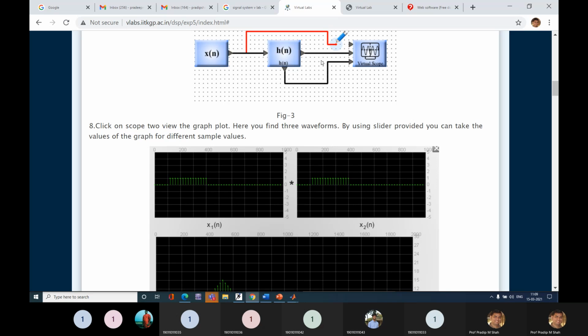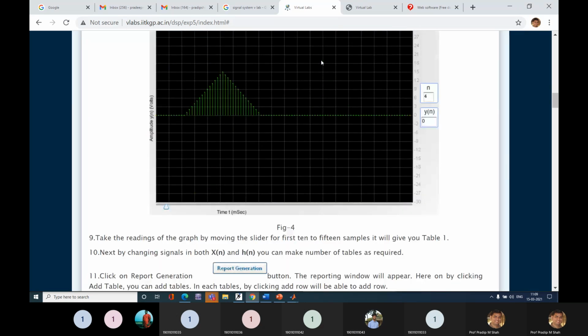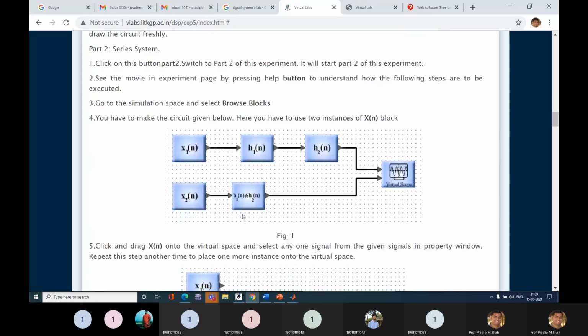Yes, sir. So if I apply the same thing in the second part, my output y of n is a convolution of the input with the impulse response. What is my input? The input is x2 of n.